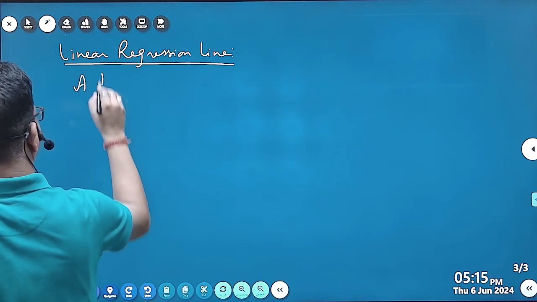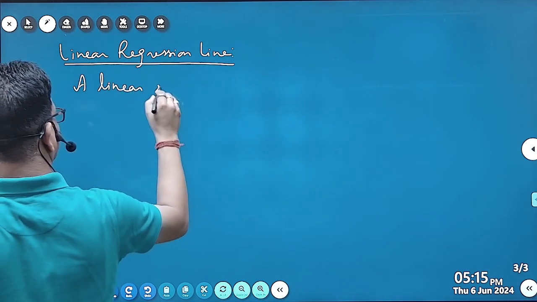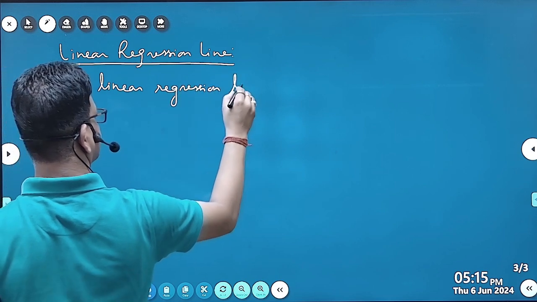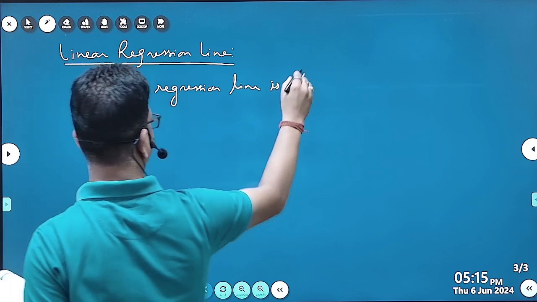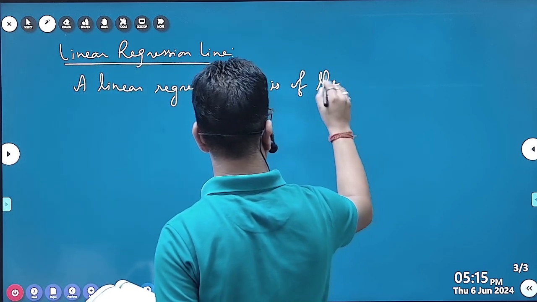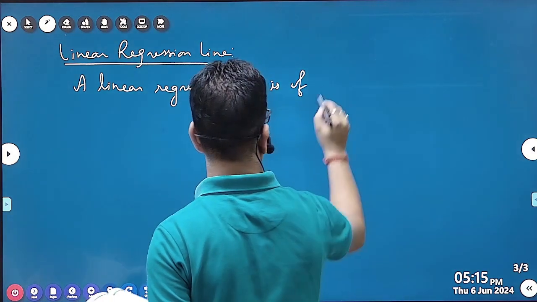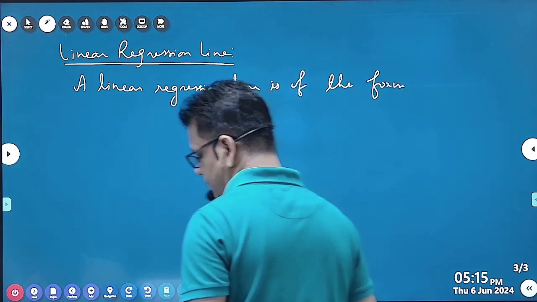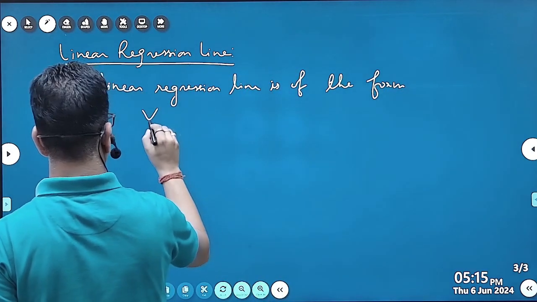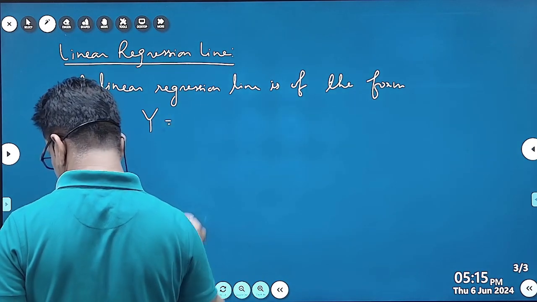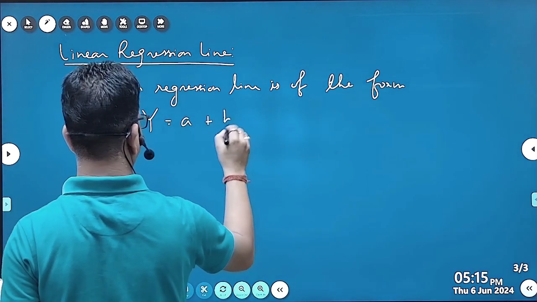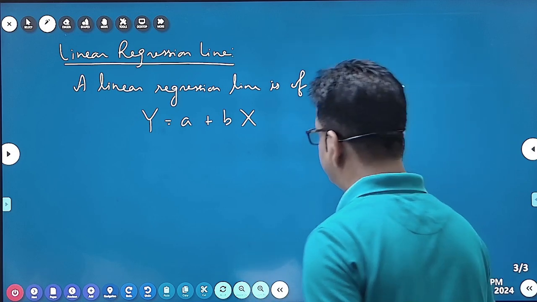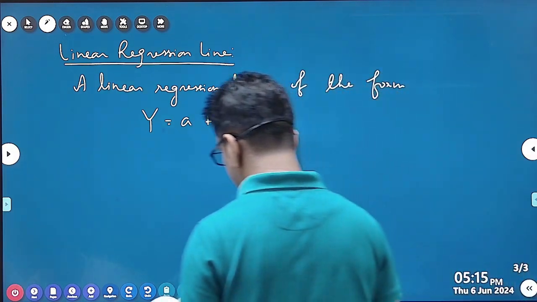A linear regression line is of the form y is equal to a plus bx. As I said, y is equal to mx plus c or y is equal to a plus bx, where